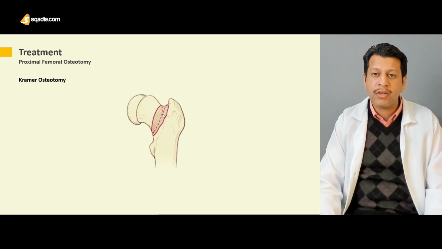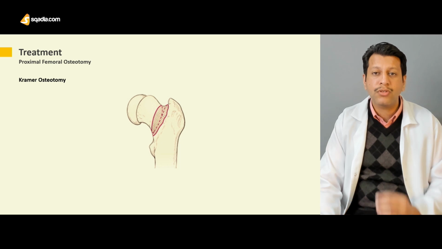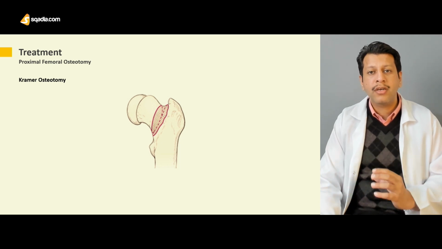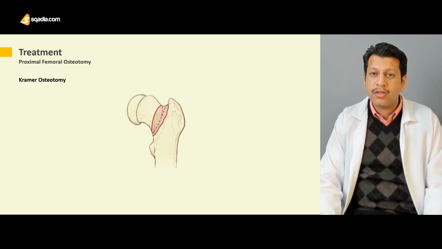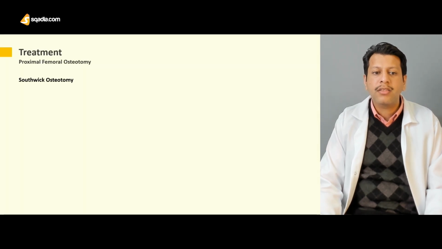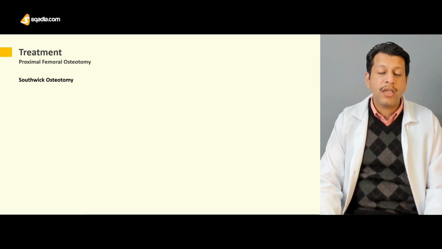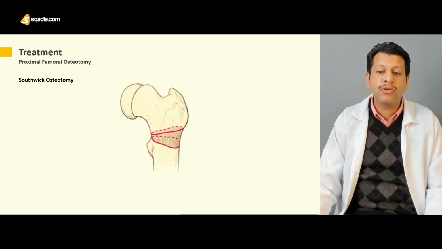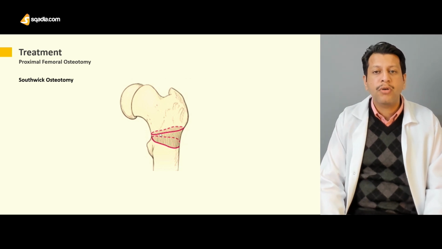This is at the cervicotrochanteric junction. We can produce this osteotomy to actually correct the increased neck shaft. We can correct the decreased neck shaft angle at the proximal femur. And then other options are the Southwick osteotomy and the Imhauser osteotomy. The Imhauser osteotomy, as I told you, is done at the intertrochanteric level, while the Southwick osteotomy can be done at